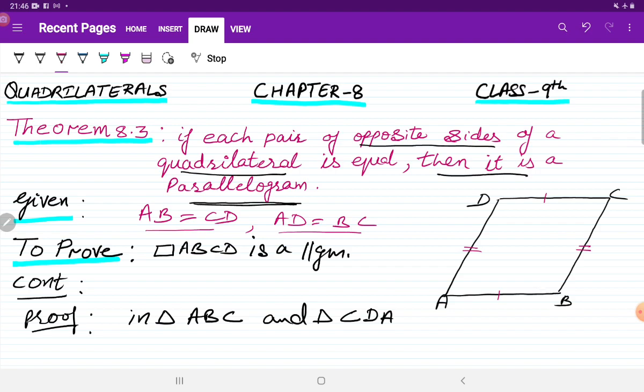Whenever you have to prove that quadrilateral ABCD or any quadrilateral is a parallelogram, then its opposite sides will be parallel. Before doing anything, just set one target in your mind: what you have to prove. And whatever you have to prove, what do we have to do for it, that target you have to set in your mind. So here we are given only quadrilateral ABCD. This is given and its opposite sides are equal, and we have to prove it's a parallelogram.